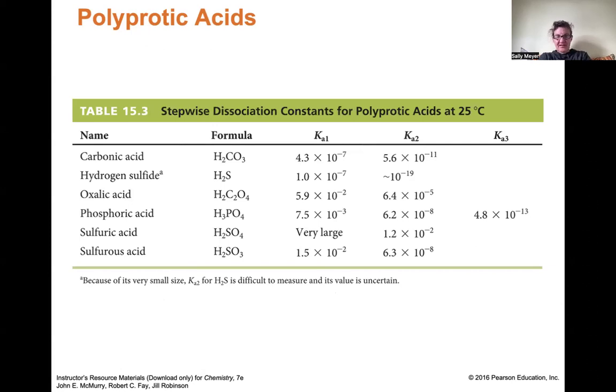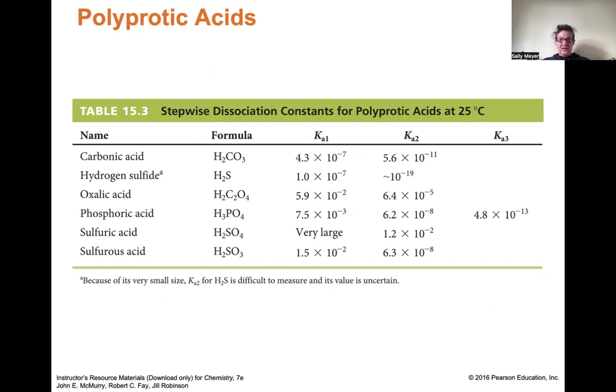These are some of the acids that are polyprotic. And you would know this because in the table, you'll have more than one Ka. So if I give you a table of Ka values, if for a particular acid you have 2, then you know that it has 2 acidic protons. In this case, phosphoric acid has 3,